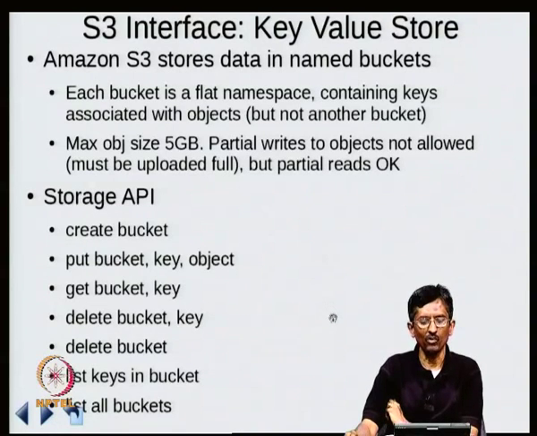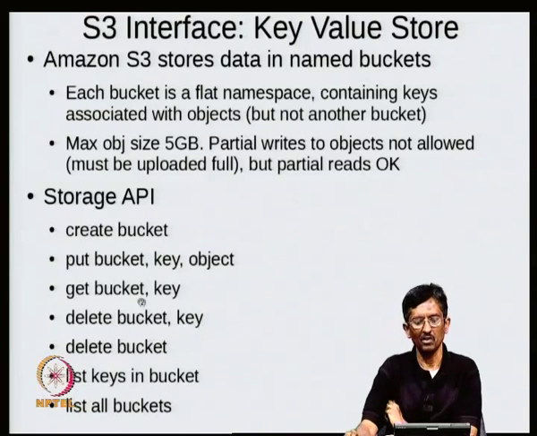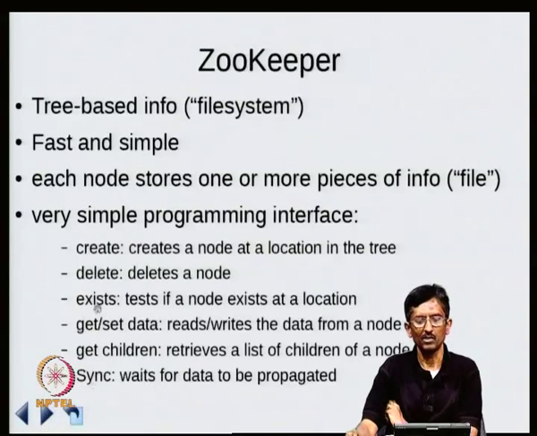So as we discussed before, I am not going to go into this again. This S3 basically stores data in named buckets. We have some API. So a bucket is something like your directory, and an object is accessed through a key. So we have seen this particular API before. Okay. So this is one type of storage.